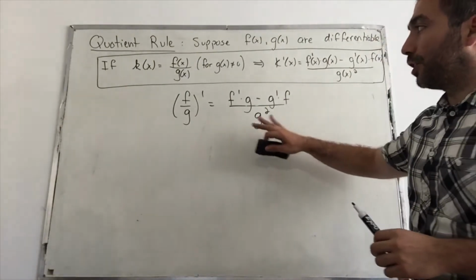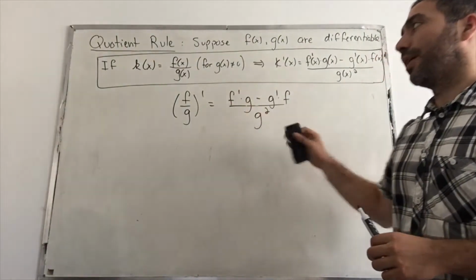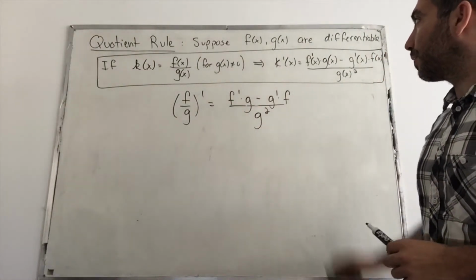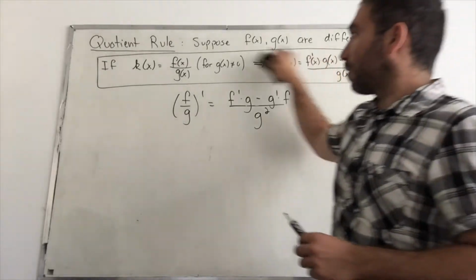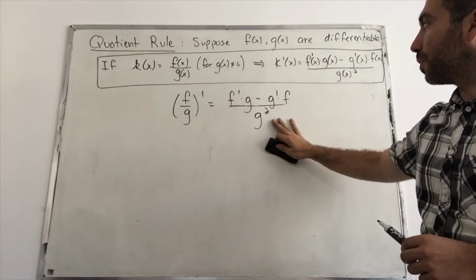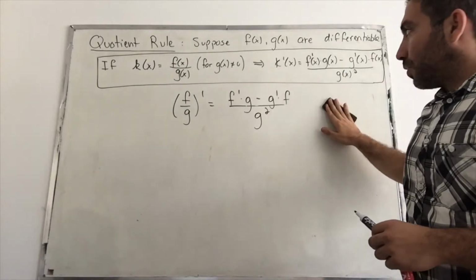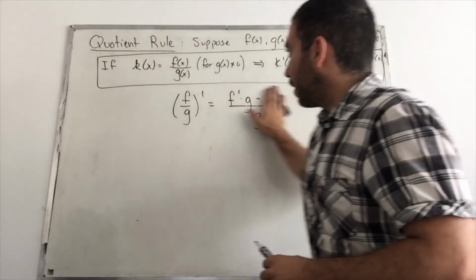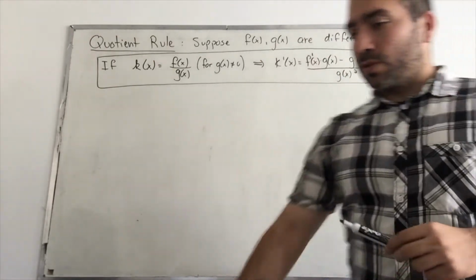This is the easier notation. Keep this in mind. This is the way I would write it down, let's say, on a test, just to remind myself. This looks a bit more complicated. This notation looks a bit easier to remember. So write that down. I'm going to erase it. And let's look at the proof. So the proof,